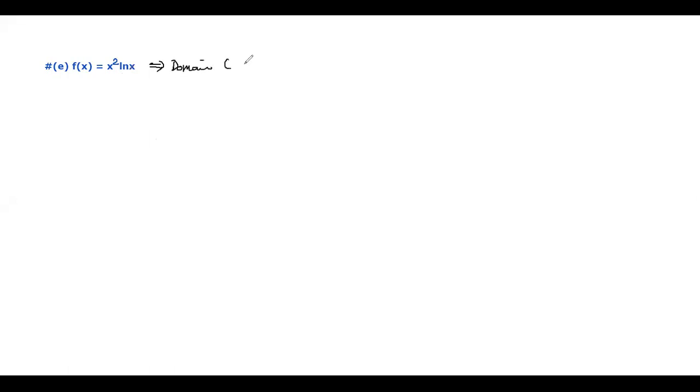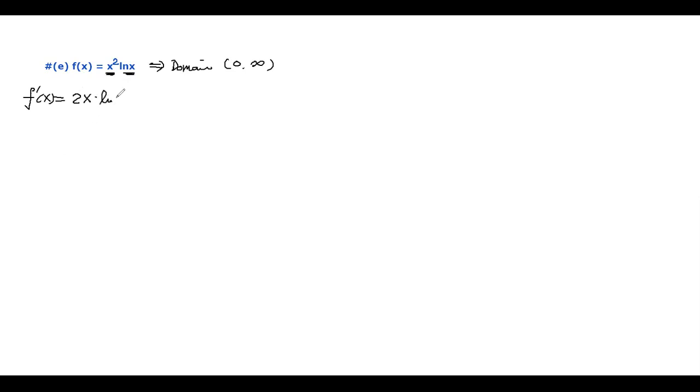The domain here is from 0 to infinity, so we need to be careful and cannot include zero. Okay, so now let's take a look at f prime x. What rule am I going to use? I have x squared and the natural log x, so what rule? Product rule, right? So I have 2x